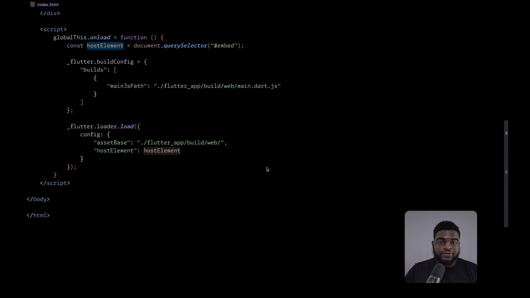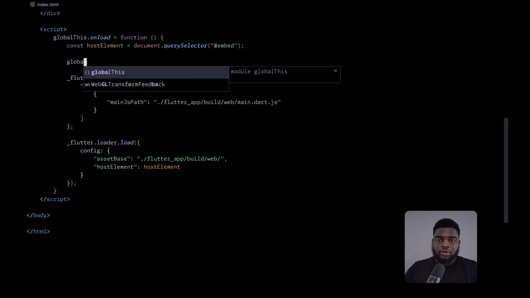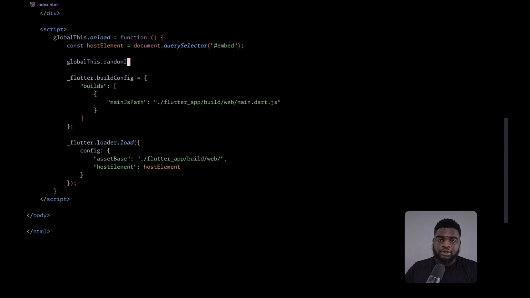So we'll define a function on the JavaScript global object that can be called by the Flutter app. globalThis.randomImageGenerated. And then the argument is numberOfPreviewsUsed.